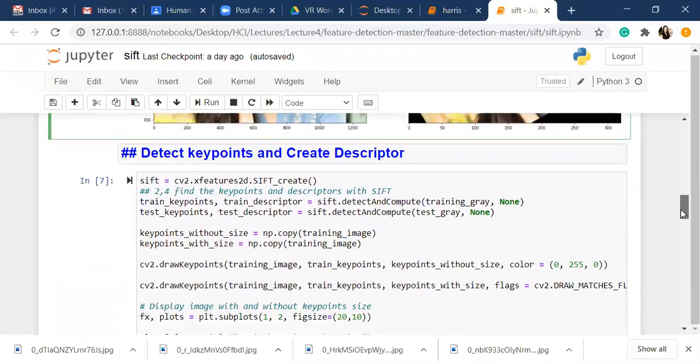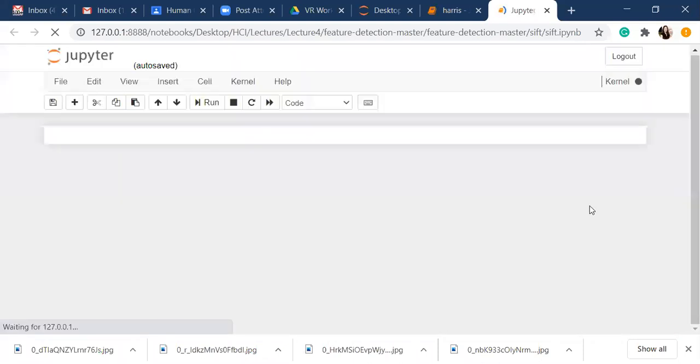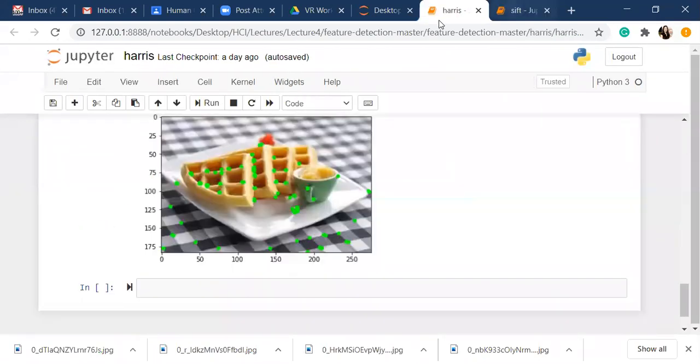Now the second and the fourth points are used simultaneously, which I already wrote here: find the key points and the descriptors with SIFT. So you have to call SIFT by using cv2. I think there may be some error occurring when running the code, so to mitigate that error I will give you one command. After that, if you run it, the problem will not occur.